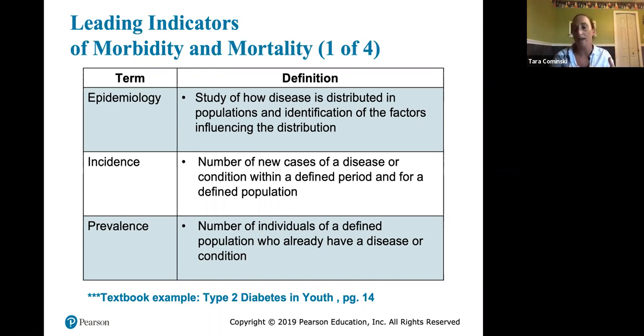Okay. And so again, listen to the recorded lecture, read that in the book, because I think it's a really nice illustration of that. All right. So anyway, when you talk about epidemiology, you guys have heard terms like this before, right? Incidence of a disease. That's the number of new cases, versus prevalence, which is just the number of cases that exist at that time. Okay. So slightly different terms.